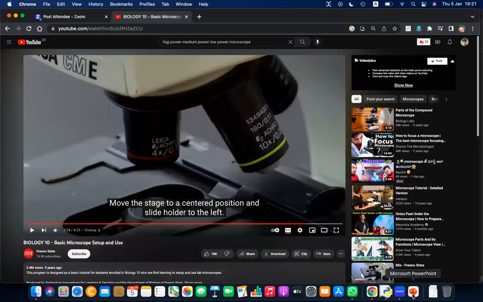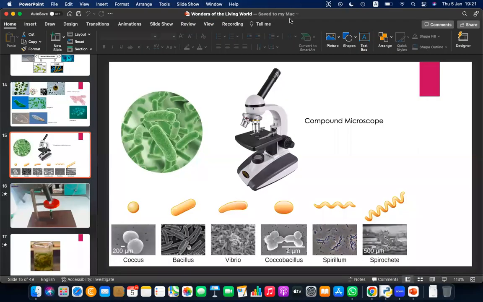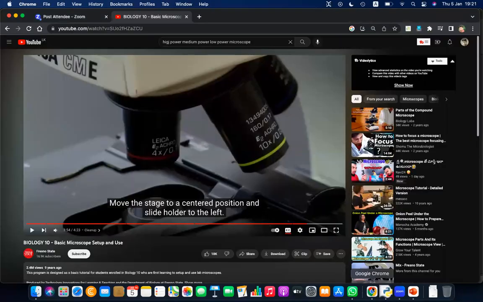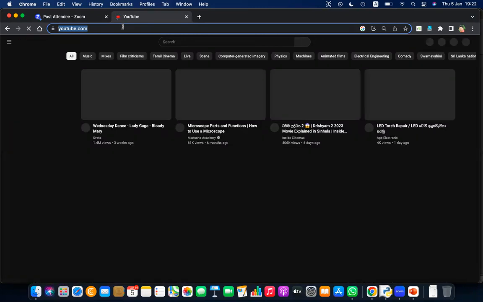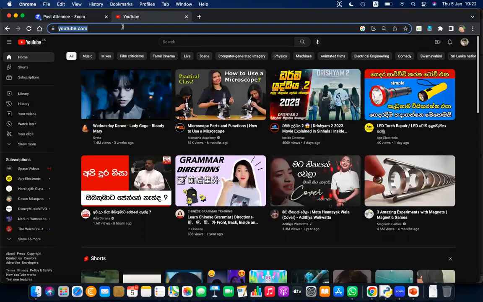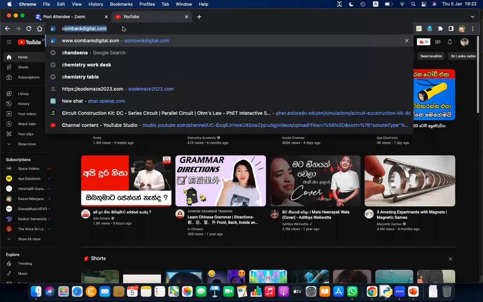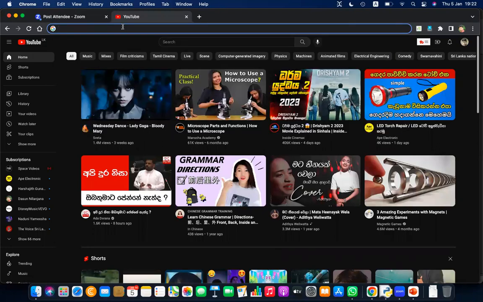So anyway, now you know how to use a microscope. I suggested a solution last week. Can you remember? You can buy this kind of microscope. So be quick, because the prices are hiking. The prices are really getting higher day by day. Therefore, my advice is, please